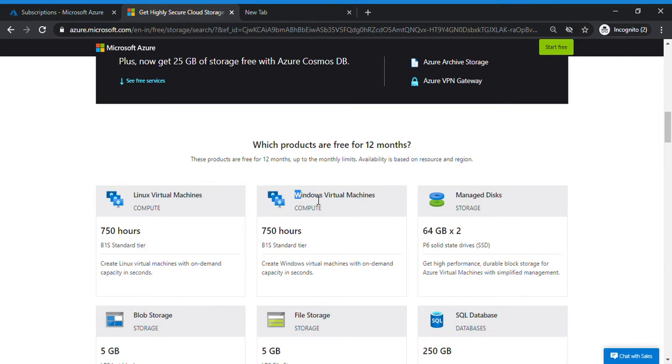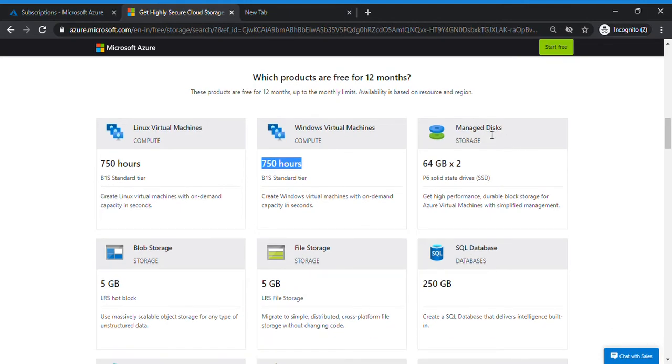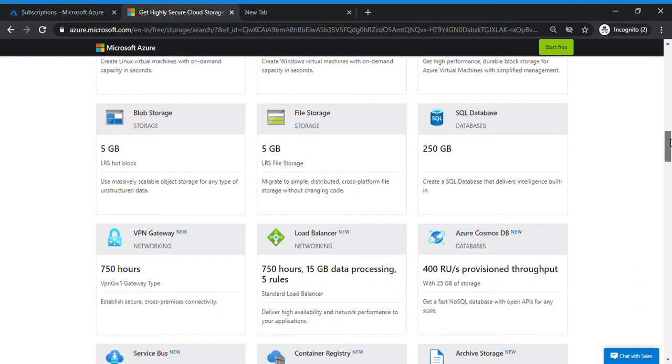Similarly, you have a Windows virtual machine, and you have B1 as the standard type. Okay, so not all kinds, you have D series and E series, different kinds of configuration sizes. Okay, so you can't say that those services are also free for 12 months. No, absolutely not. It clearly says if you're selecting only B1 as standard tier, then that is going to be used for 12 months. And also there is a time limit, 750 hours. Getting my point? In the same manner, you're also getting a managed disk, blob storage, file storage, and there are some